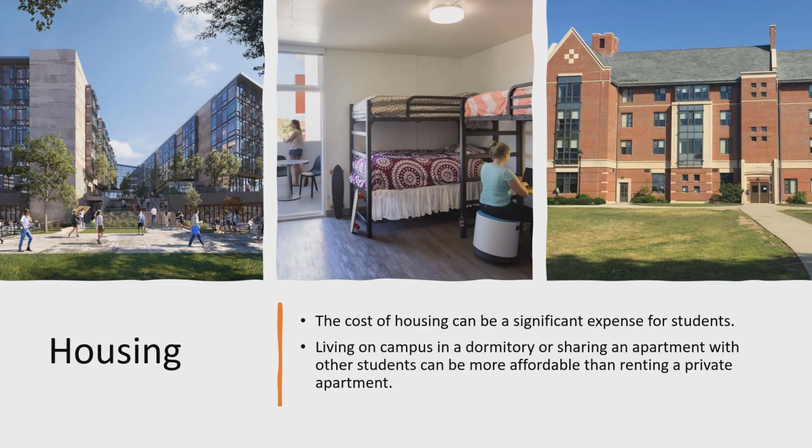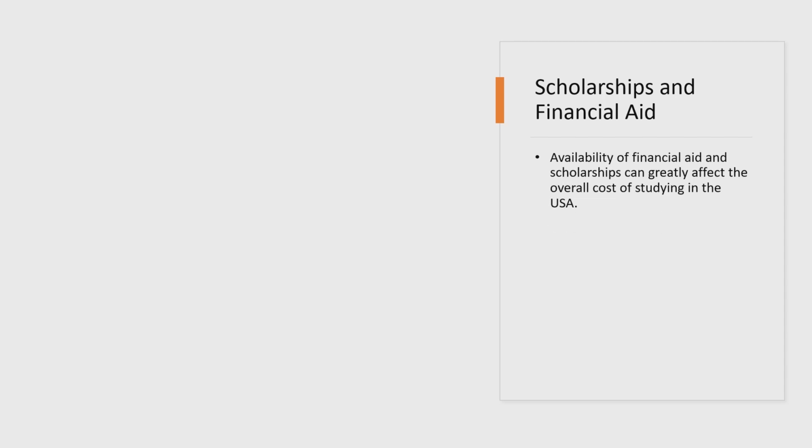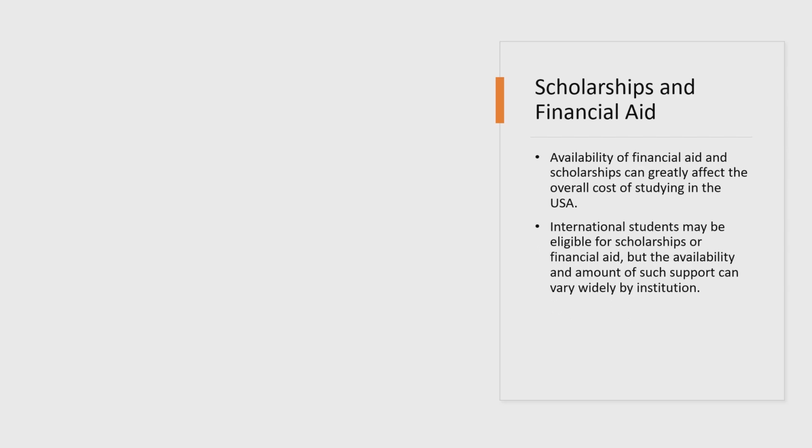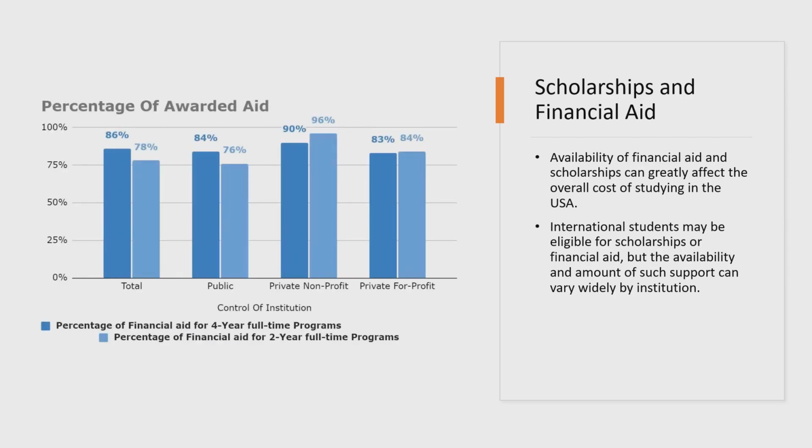Now coming to other factors like scholarships and financial aid. If you get a scholarship, then I would tell you that your living expenses will become very less. The cost of living to study in the US will become very less. So availability of scholarships is also a big factor. And to get scholarships, most of them check your GRE scores, your IELTS, your academic background, and also funds. If they are available, then only they give you a scholarship. You can see in the chart showing public and private, non-profit organizations and the scholarships they are